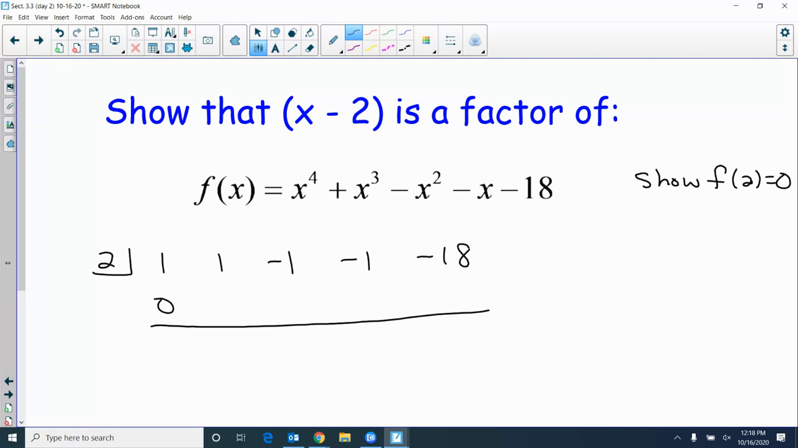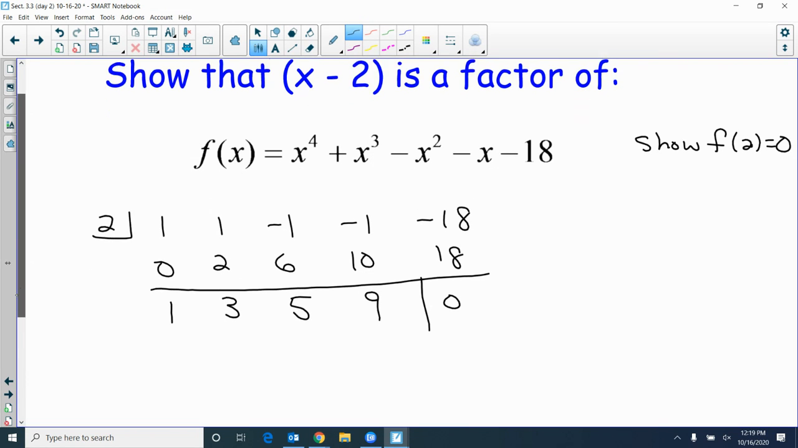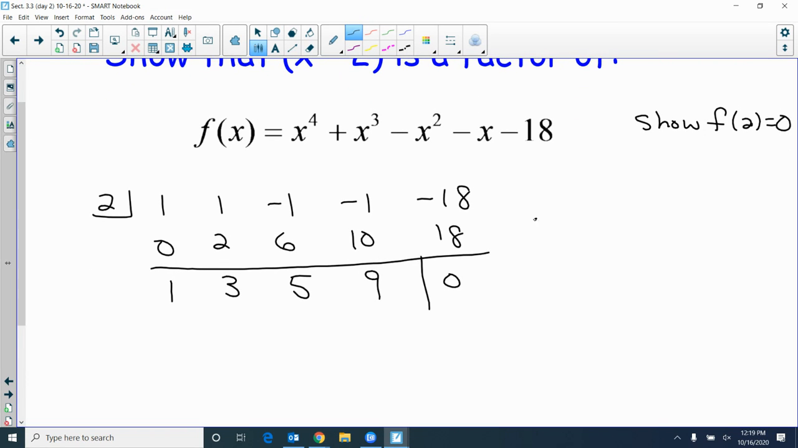I do that, and then if it is a factor, our remainder should be 0. Okay, so verify that. And what do I get? I get 1, 2, 3 times 2 is 6. 5 times 2 is 10. 9 times 2 is 18. All right, it does equal 0. So that shows it is a factor. So therefore, x minus 2 is a factor